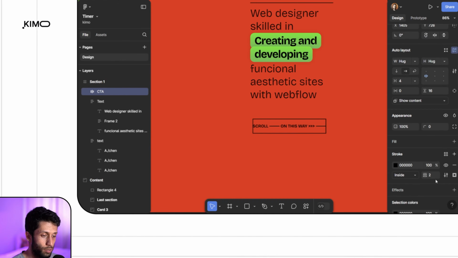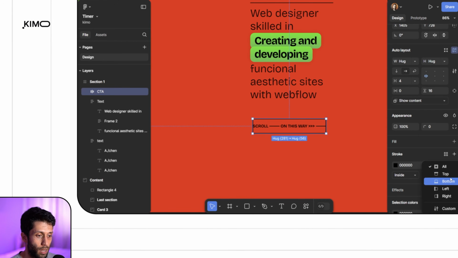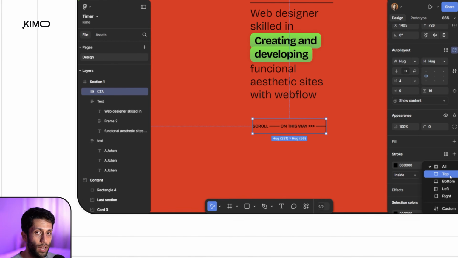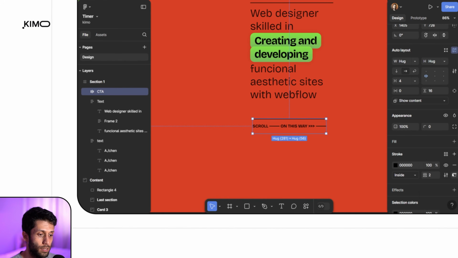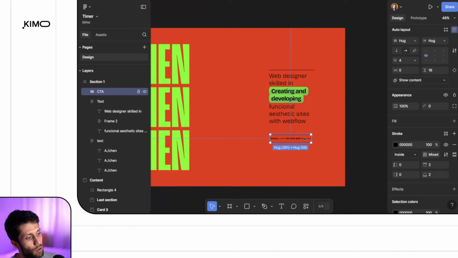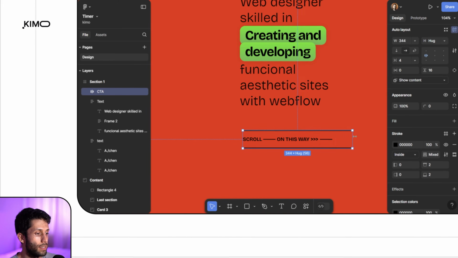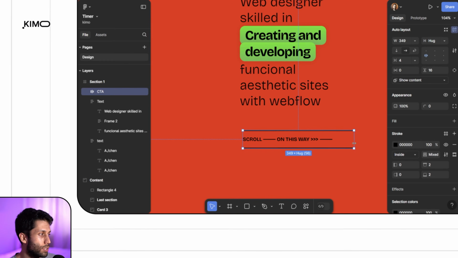I would increase the size of the stroke to 2 pixels, but I would like to have the stroke only on the top and bottom sides. So I'm going to choose the top side now, and then select the custom option, where we can set the stroke on each side individually. So I'm going to set the bottom one also to 2 pixels. So we basically have the CTA we have in the design as well, but you can see that when I start to resize the